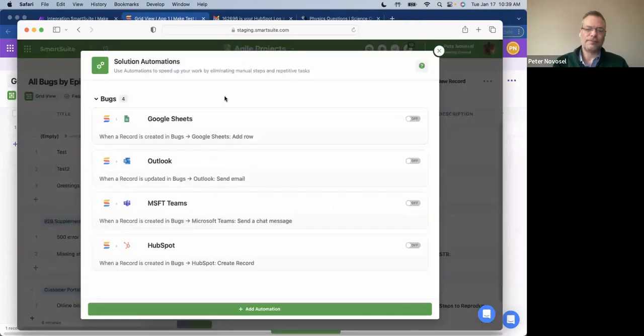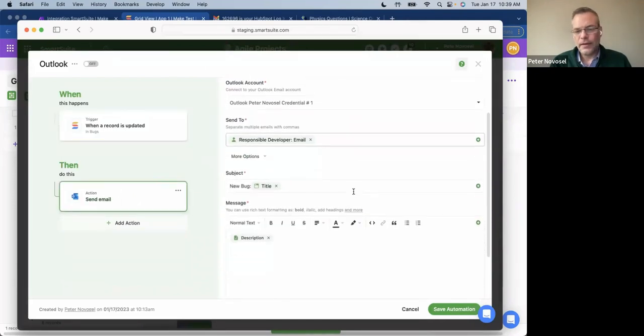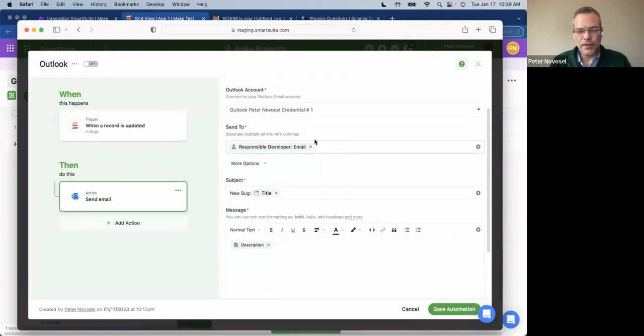I'm going to pause there because viewing these is relatively straightforward. They all take essentially the same type of format. We'll drill in here and take a quick peek at Outlook. And it's all of the things that you would expect to find. OAuth credential,